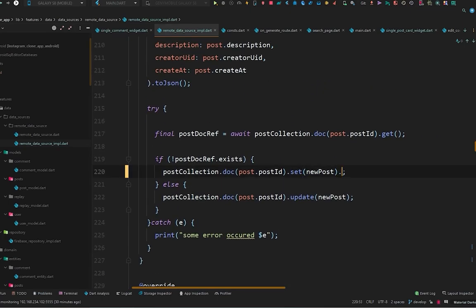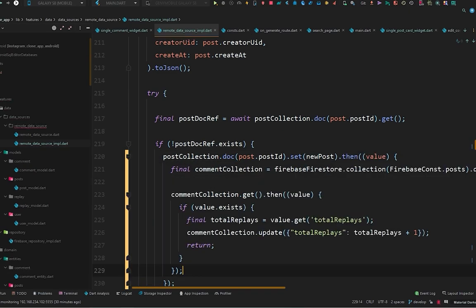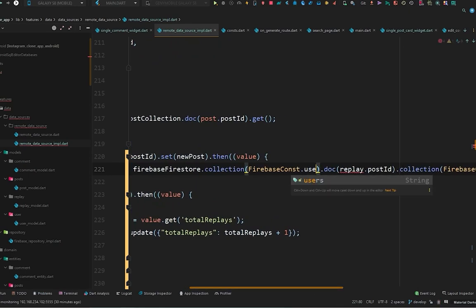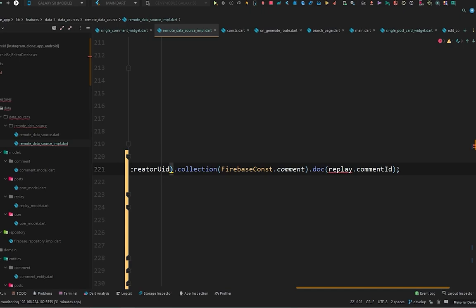In the set method we will do then and paste this, and we are going to have the user collection on the Firebase users, because we are going to access the users on the post dot creator UID. We will update